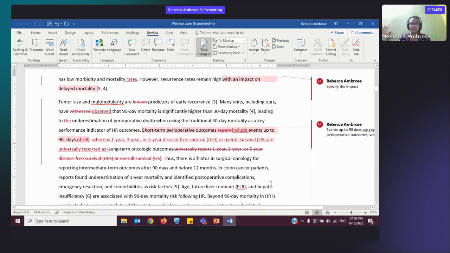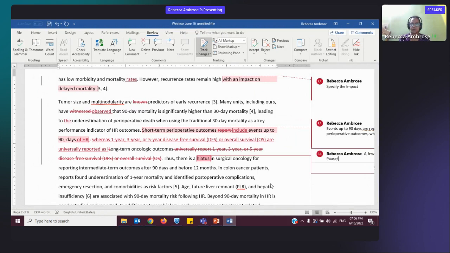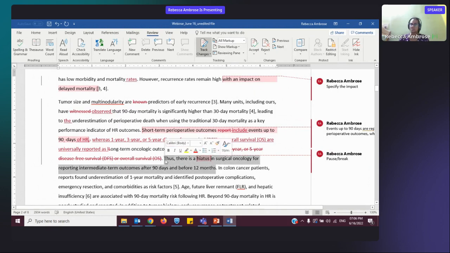And thus, there is a hiatus in surgical oncology for reporting intermediate term outcomes after 90 days and before 12 months. Now, this word means pause or break, and this word does not make sense over here. This also has a sentence construction issue. I think what the author is trying to say, especially because we have background from the abstract, is that while events up to 90 days are considered short-term perioperative outcomes, and 1 year, 3 year, or 5 year disease-free survival or overall survival are reported as long-term outcomes,